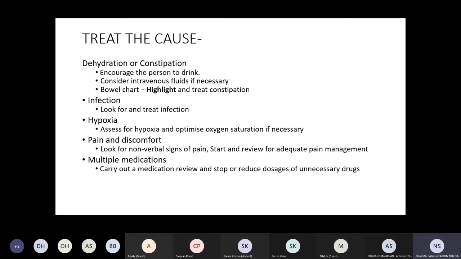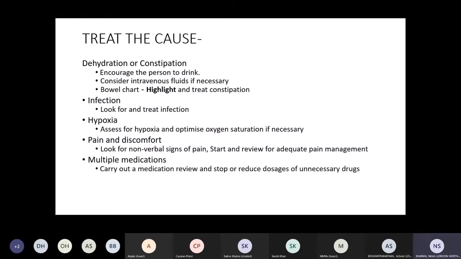We would see this very commonly in long stay elderly wards, where the people are staying in hospital like a month maybe. They are medically fit, waiting for placement somewhere, waiting for social conditions to be sorted, and they would end up being delirious. This would be because of the constipation. This would be because of the environmental causes, and just by giving good laxatives and patients opening their bowels, they would become better.